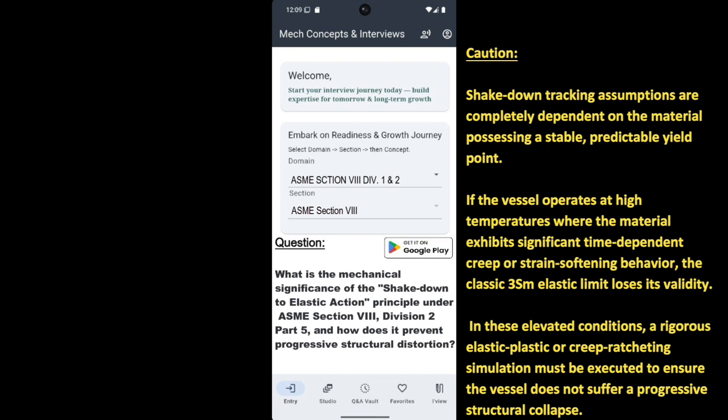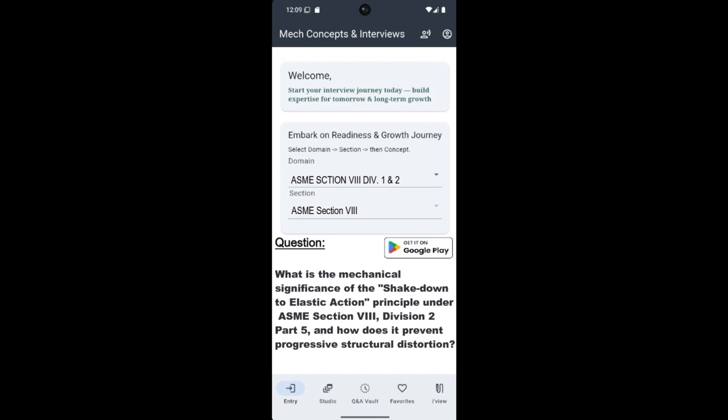So the elastic rules no longer apply. The classic 3 Sm elastic limit loses its validity completely. In these elevated temperature scenarios, relying on basic elastic shakedown is a lethal error. A rigorous elastic plastic or creep ratcheting simulation must be mandatory to ensure the vessel does not suffer progressive structural collapse over time. Your grasp of localized vessel dynamics is well documented, but a perfectly engineered nozzle is entirely useless